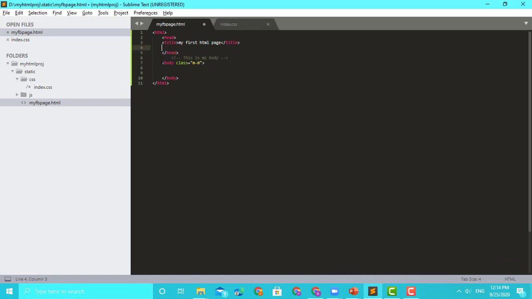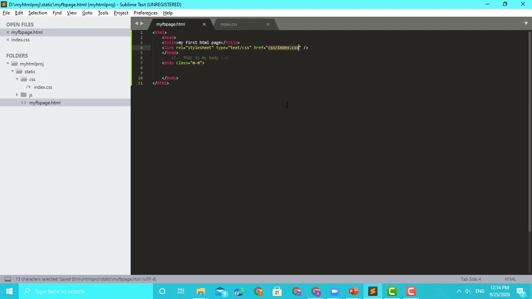Yeah, so we are going to give a link tag here. For the stylesheet, what is the type? The type is text/css, and css is the folder. Within that it is index.css. So this is the path. This could also be a URL of a different website where your CSS is located. For example, when we import libraries, let's say Bootstrap or Font Awesome, either we can download it and keep it in our repository here, or we can directly give it here.